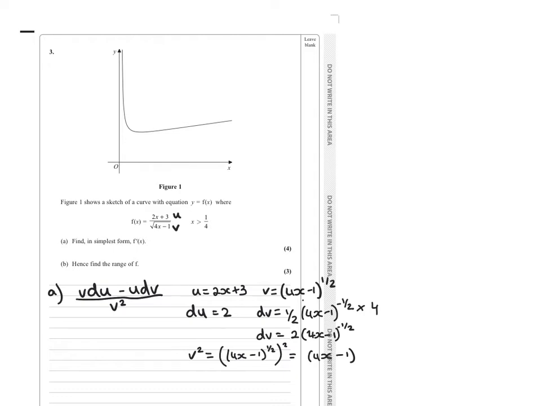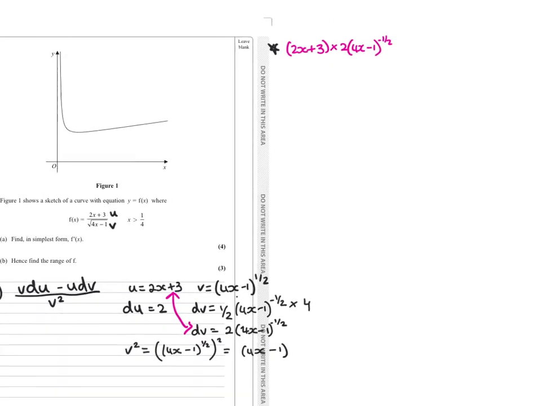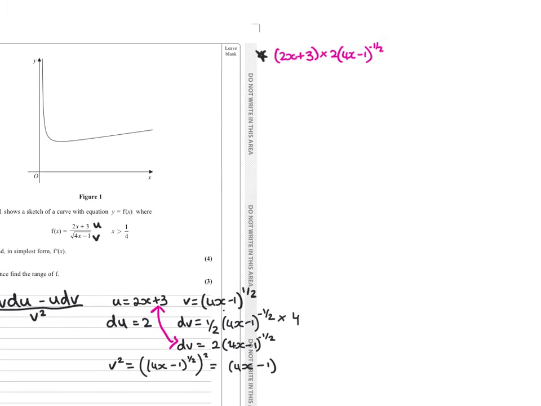I'm going to go up here now. So, let's start with what we know. So, v du, so these two together. Okay, so I'm going to get 2x plus 3 times 2 lots of 4x minus 1 to the minus a half. Yeah? Then minus